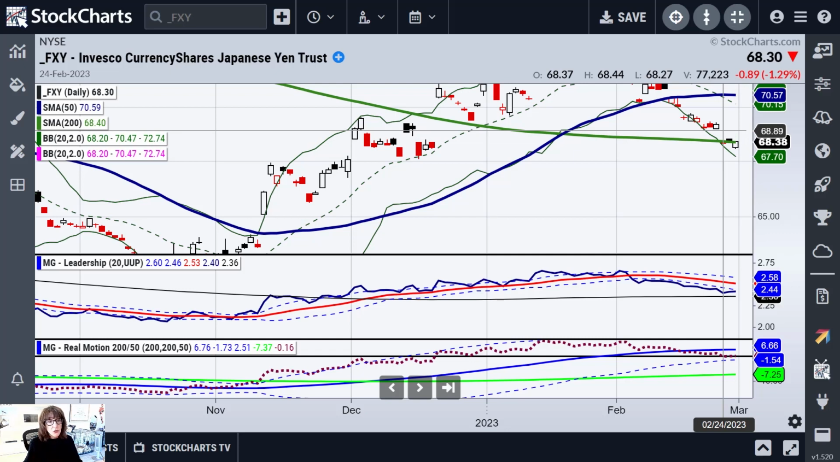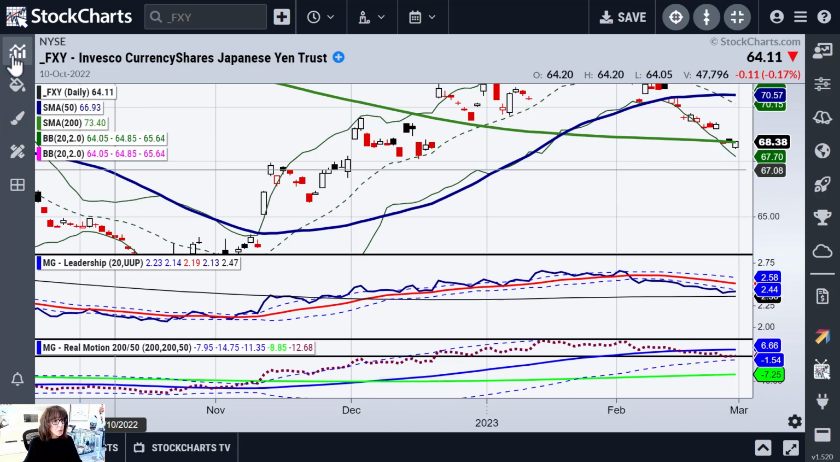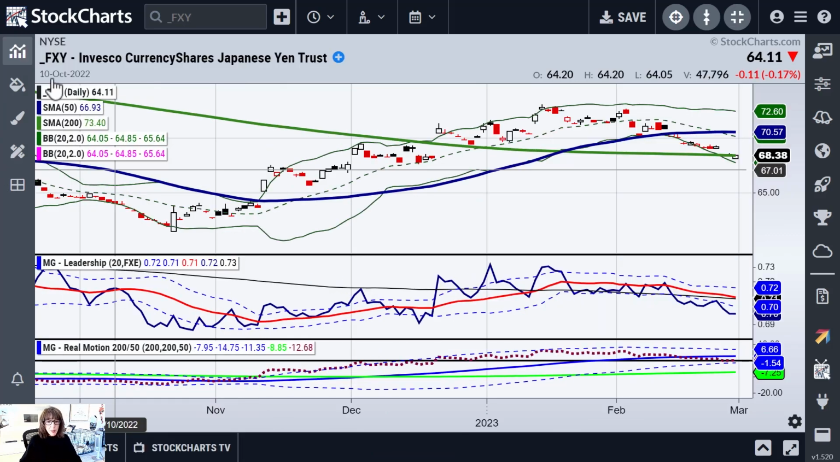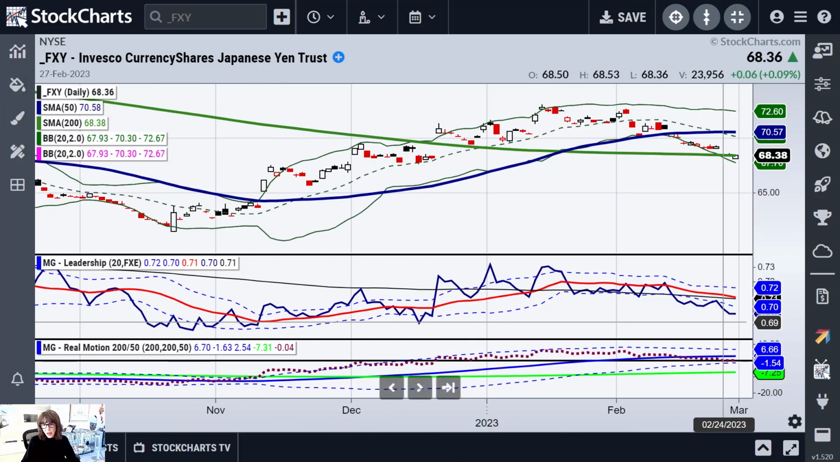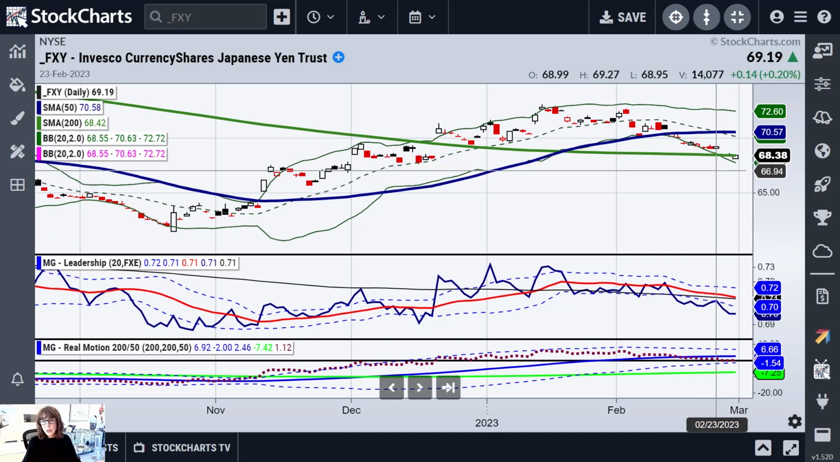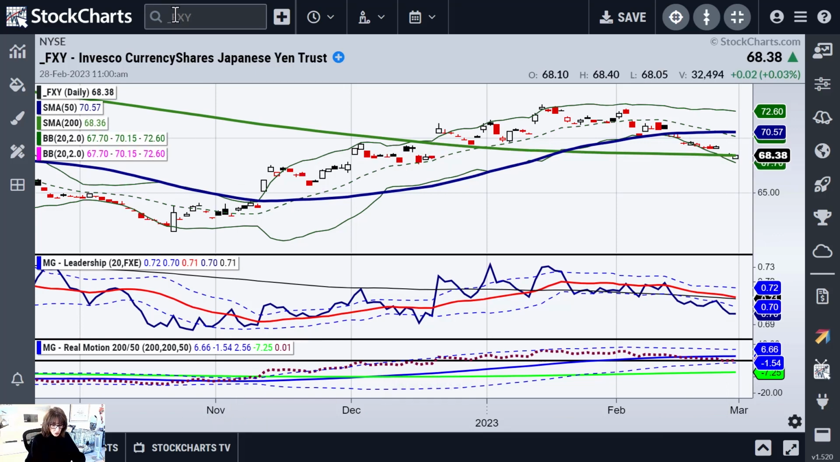So in the currencies, yes, the dollar is still the strongest one. Now let's move to switching the leadership from UUP to FXE. And we go back and take a look, you can see that it's actually even worse against the euro than it is against the dollar. So if we're going to look to be trading anything in the currencies right now, as I said, I would be looking at, first of all, the possibility of the Japanese yen, if it can actually clear, let's say, over this high, which is 68.53. And if we're going back to the euro,